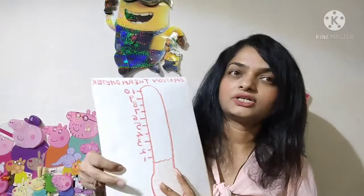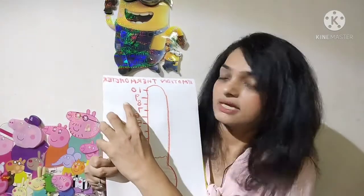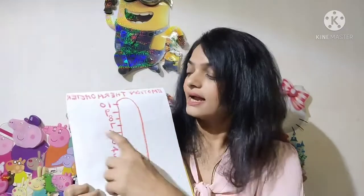Now the same with anger. Let's say on a particular day the child is feeling angry, say about here. How this is going to help the child is, the child is going to then slowly recognize that before I hit the roof and have a full-blown temper tantrum, there are things that I can do even without going to mom or dad. I can get to my angry box, my kit, which has tips for me to do when I get very angry to calm myself down. So I'm going to put separate videos on different kits that you can make to help these children with their